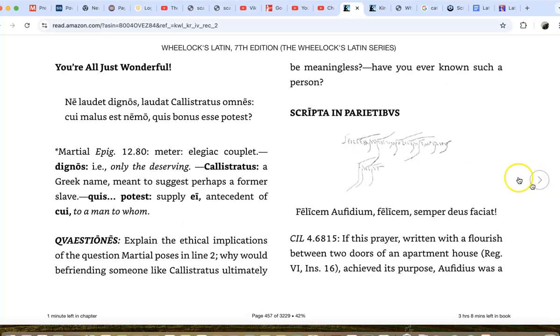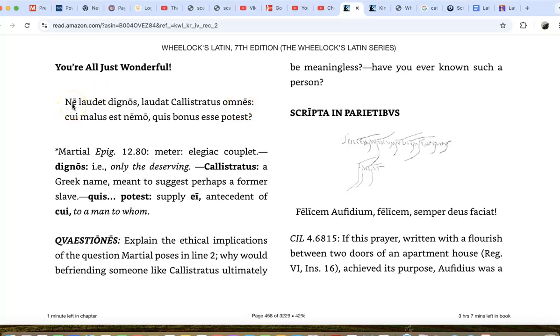All right, the last one here, which we'll just do orally since it's kind of funny. Martial, like Juvenal, is often known for his satire. And here we have: ne laudet dignos, laudet Callistratos omnis, cui malus est nemo, quis bonus esse potest? So this is kind of funny. Maybe if we start here, Callistratos is a person. So Callistratos praises everyone,